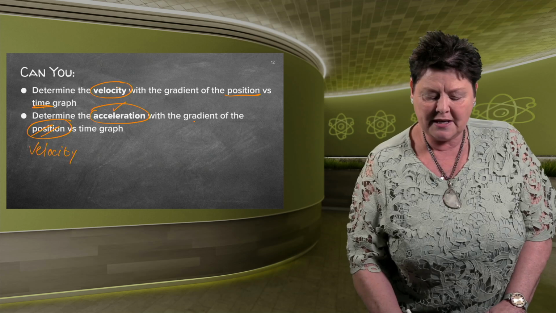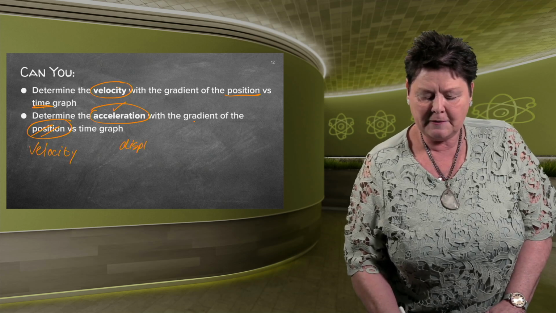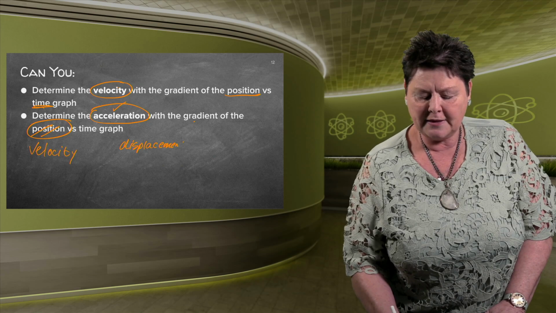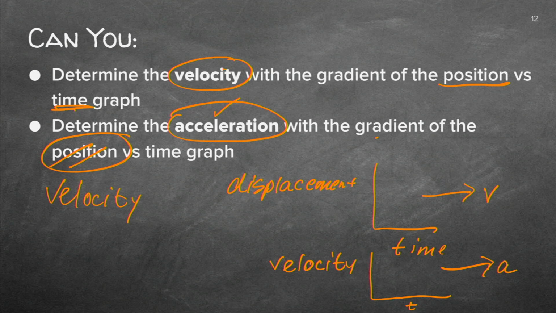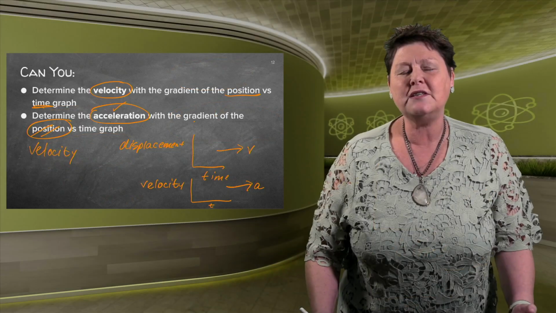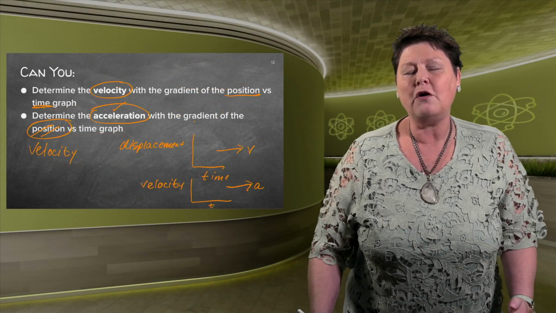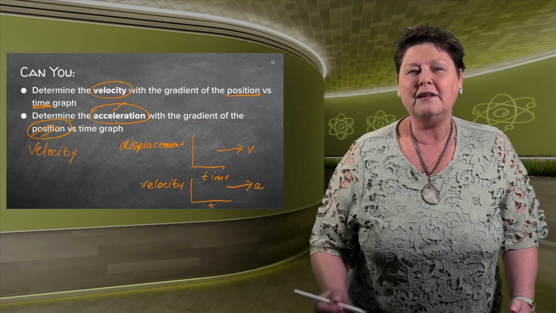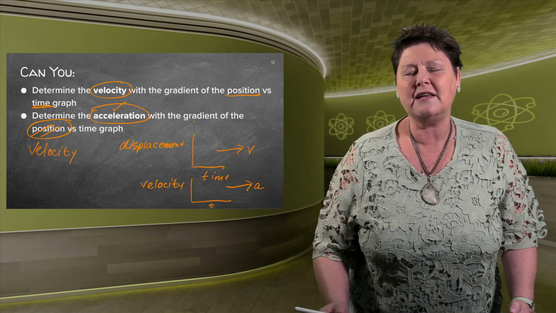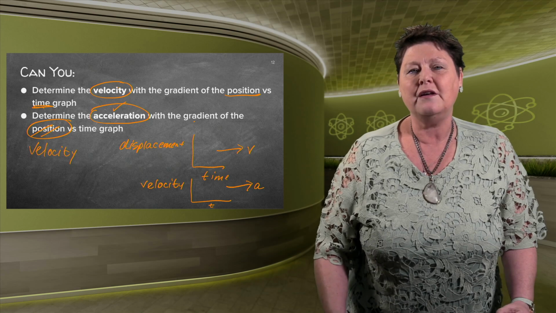I'm going to repeat myself. The displacement and time graph will give you the velocity. And the velocity and time graph will give you the acceleration. I hope you can work out the gradient for different velocity or displacement graphs. Just be very careful that you work out the lines and the gradients exactly as accurately as you did it in math. Bye-bye.